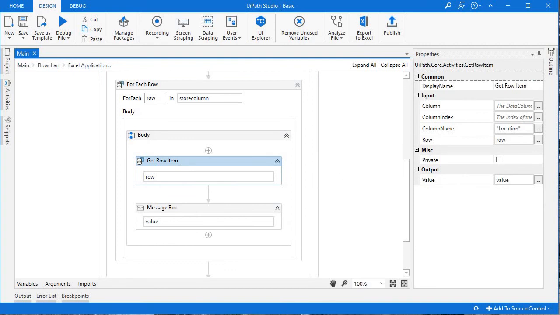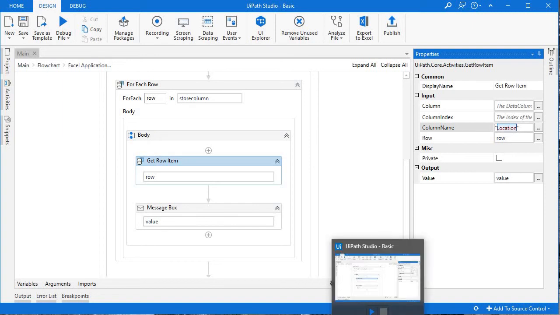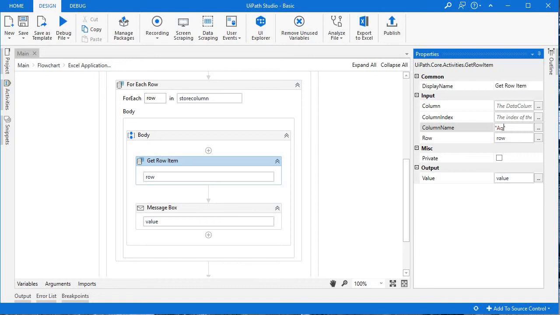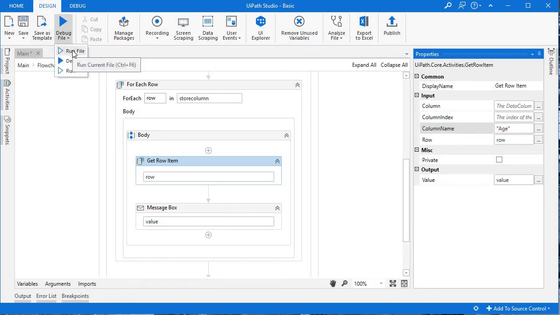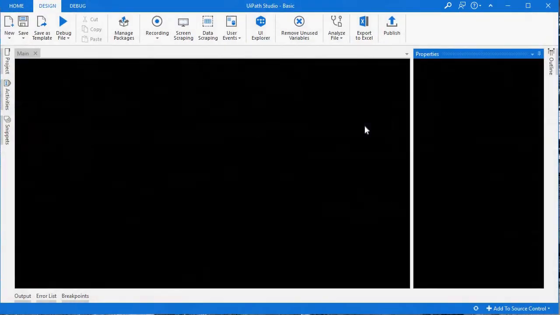If you need any other column, then you just need to change this column name. Like if I mention here age, then it will pick only the age column.